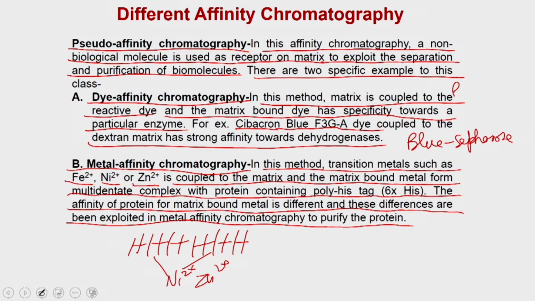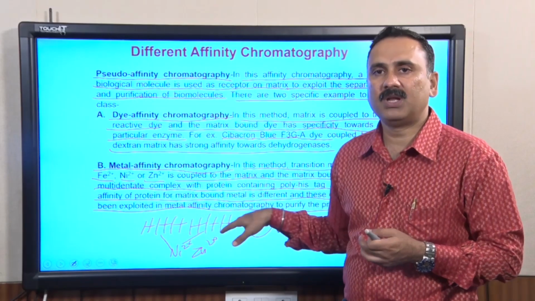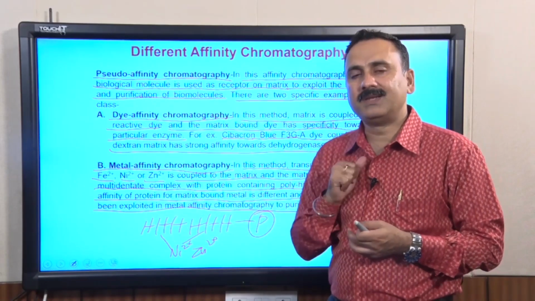So, what will happen is your protein is overexpressed, having a histidine tag on one corner of the protein, either on the N terminus or on the C terminus. In that case, this histidine tag will go and bind to the nickel metals which are immobilized onto the matrix, and then you will do a washing step. That will remove all other proteins, because they are not going to have the histidine tag,